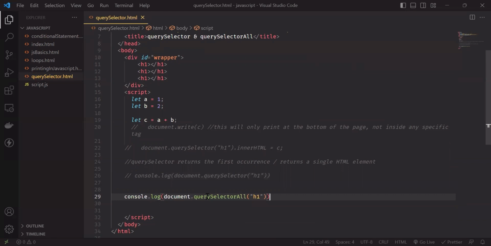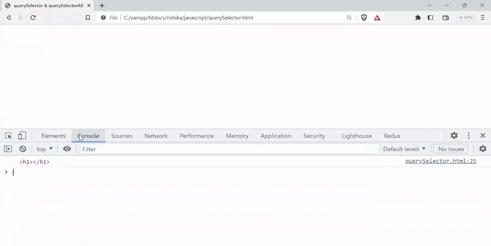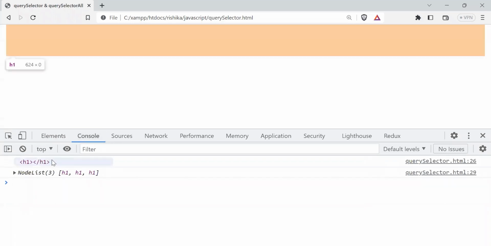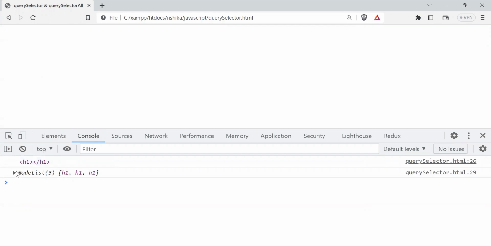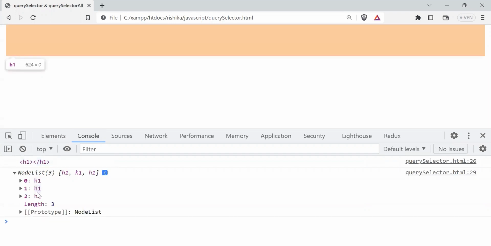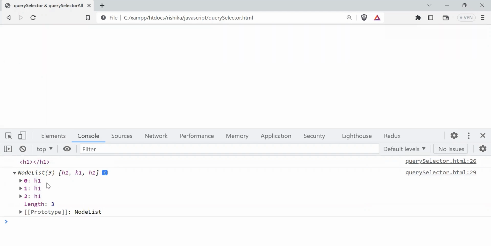and I write this inside console log, if you remember what was in here and what will be in here, to show you the difference, I go back to my browser again. Query selector only gave me the first h1. Query selector all is giving me all the 3 h1 tags in the form of a list. For the sake of simplicity, we can for now say query selector all is giving me an array of the h1 tags,